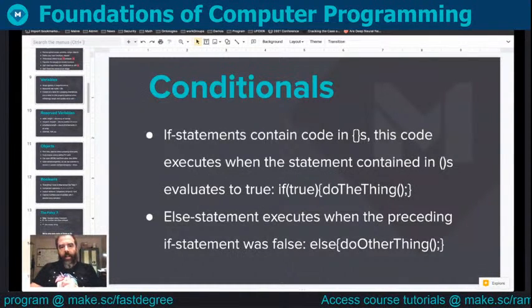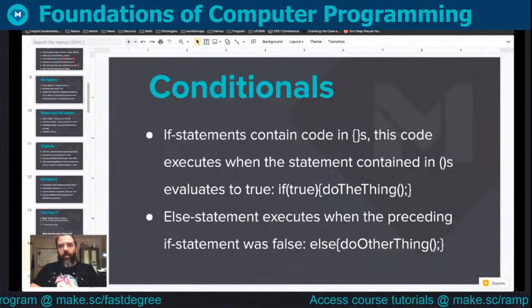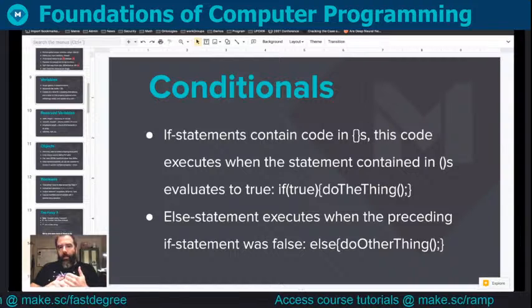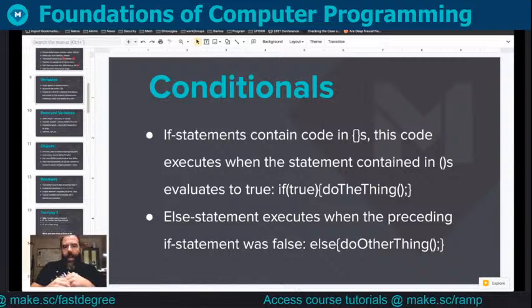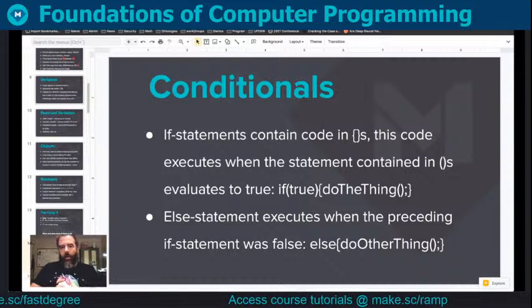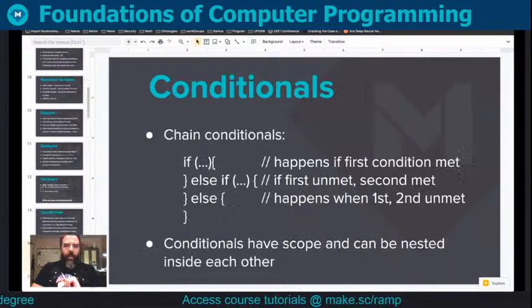Conditionals. These are kind of like locks. If you have the key, you can get in the door. If you don't have the key, you can't. But there's a little more to them. So if you get inside of an if statement, you're not going to go into the else statement. The converse is true. If you can't get into an if statement and it has an else statement right after it, that's what happens. Can't do a lot with that just yet, but we can chain these to have more